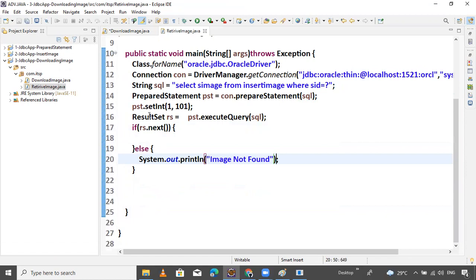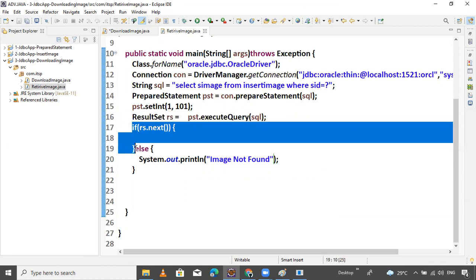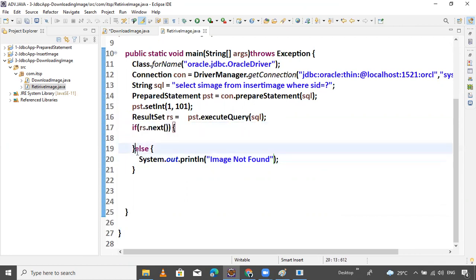It means if rs has something, this means it's true, then execute this. Suppose rs returns nothing, rs means result set, then the statement is false, this block will not execute, the else block will execute and simply print image not found.